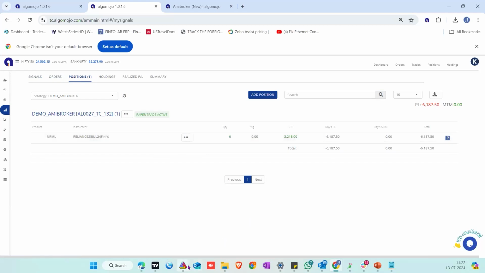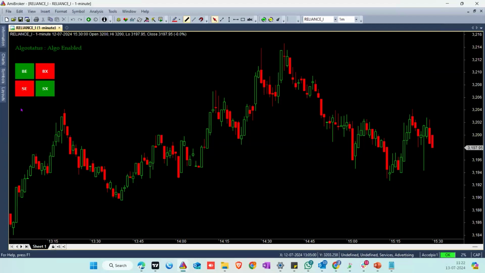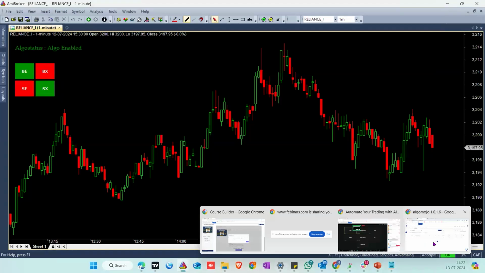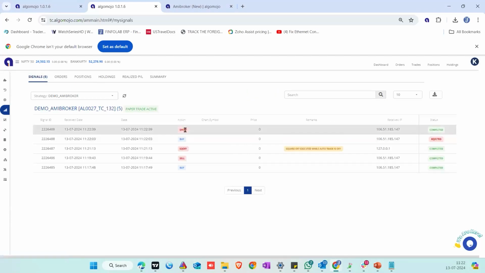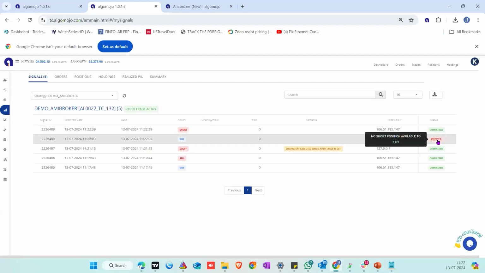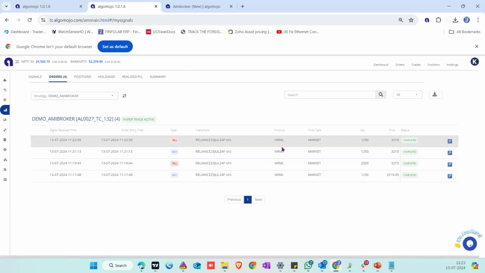Now in Amibroker, say for example, I get a short trade, so I take a short entry. You can see here, the short signal has been generated and it has been completed. So for any trade that happens, you will be able to see whether it is executed or not executed. And the reason why it is not executed will also be shown here. If there's a margin shortfall or if there's a wrong symbol, whatever could be the reason for rejection, you will be able to make it out from here. So in terms of orders, as you can see, 1250 quantity of short position has been taken